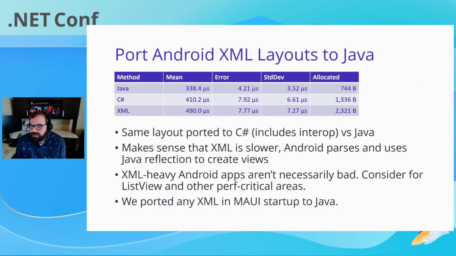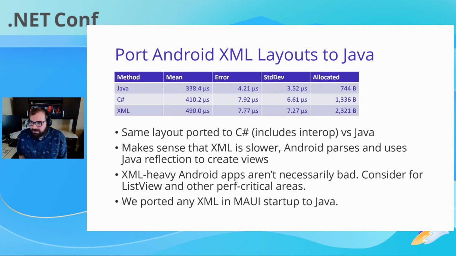Here's another interesting example. I saw in the SpeedScope file we looked at before some examples where we were spending time loading Android layouts in Maui startup. So I wrote a little benchmark: how long does this really take? I took a layout that had 3 views on it, hardly anything. You could see a clear difference between loading the layout with XML, an example in C Sharp, and an example in Java. The difference is there's no interop, like going from C Sharp over to Java.